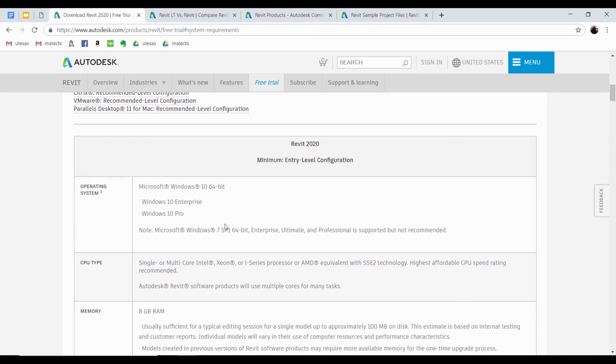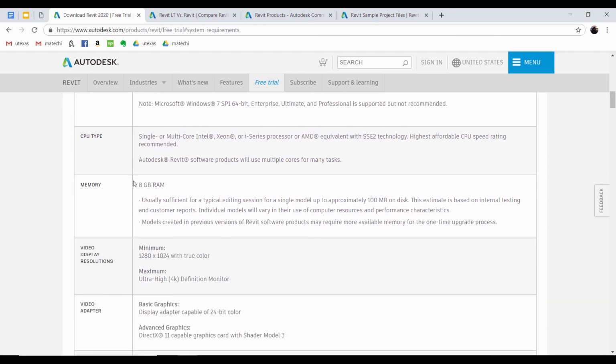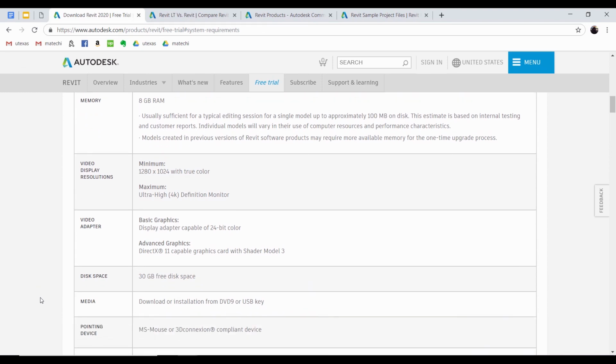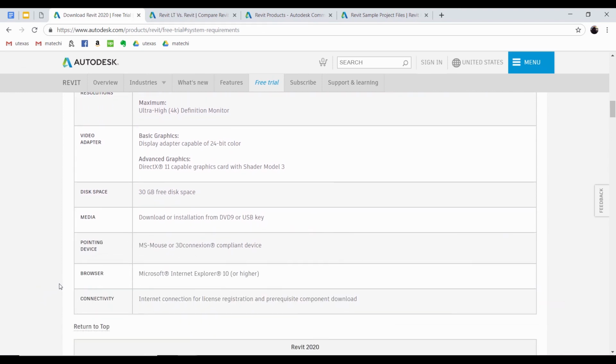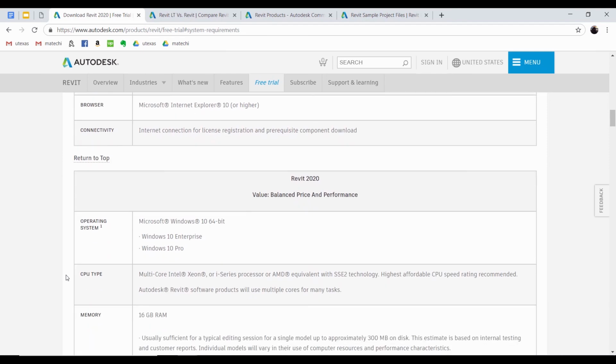It could use Windows 7, but it's not fully supported. We want to make sure you have at least 8 GB of RAM, and of course, a really good graphics display card and enough disk space. Everything else is fairly standard in most machines.